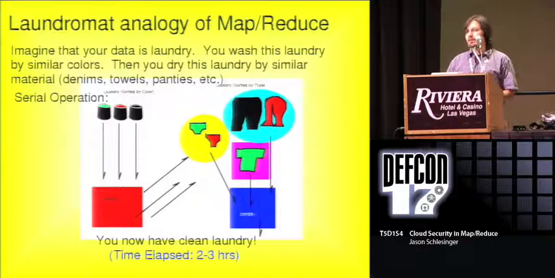Now, an example of the speed up of MapReduce, in my MS Paint-tastic diagram here, is if your data is laundry, then you're doing laundry in a serial environment where you can only run one load at a time. And then when the load is done, you need to break up your laundry based on material so that your dryer dries everything. Because if you put in a pair of panties and a bunch of towels, then the panties are going to be burnt and the towels will still be wet. Now, even if you get creative with this, it can take up to 2 hours to do your laundry, and if not, then it's going to take 3.